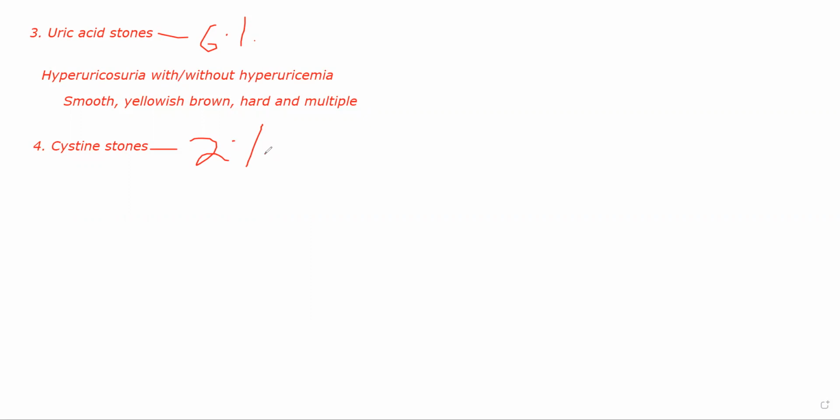These stones are very small, smooth and rounded. Okay, often they will occur in multiples. So multiple small stones you'll see, yellowish in color, yellowish and waxy. They'll be smooth, very smooth, wax-like. Okay. Then finally, we'll have the fifth type of stones, with our other stones. Other stones will mainly account for xanthine stones.